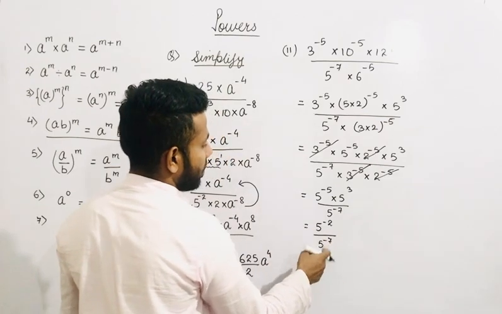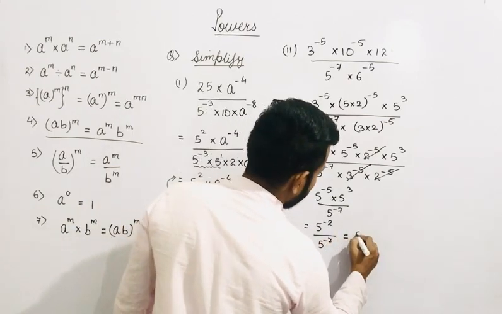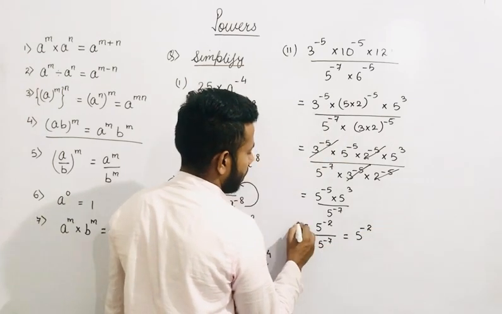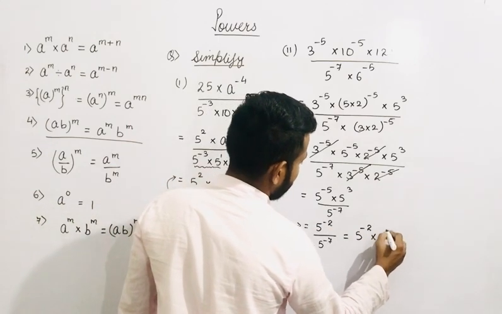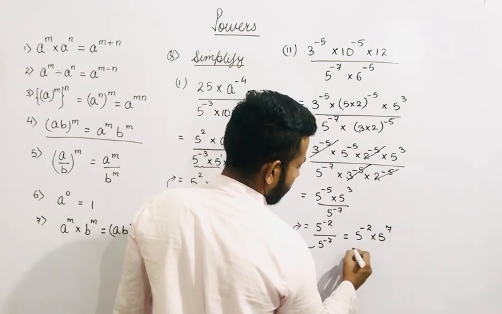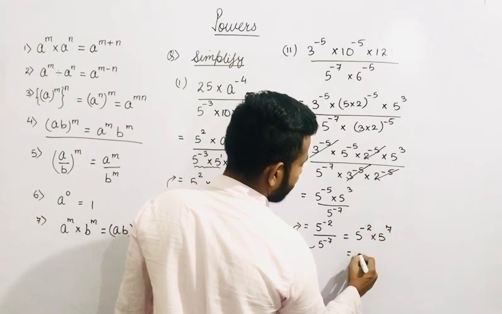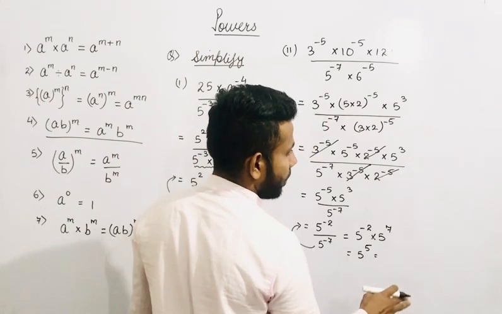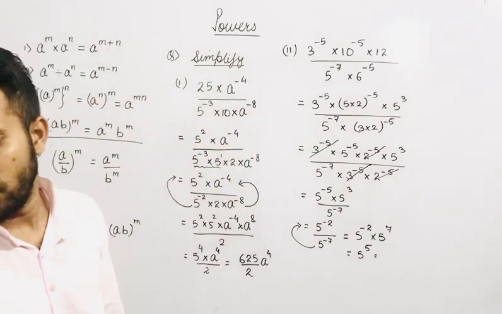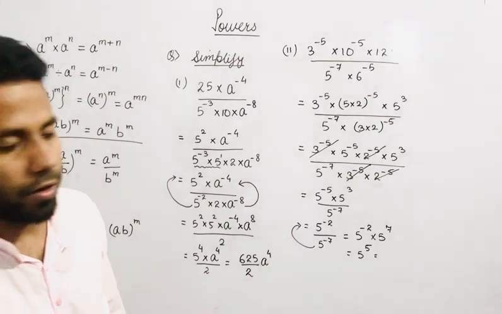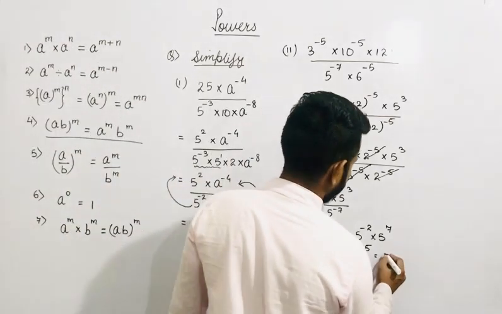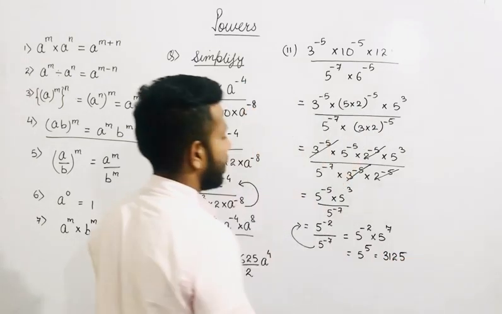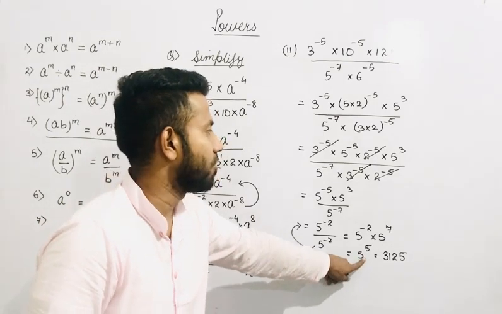Bases are same in between this division. Power gets subtracted. You will write it as 5 to the power minus 2. If you move this negative upward, it becomes 5 to the power 7. So what you can write? Minus 2 plus 7, it is 5 to the power 5. So this is 625 into 5, that I think it is 3125. The answer should be 3125. So this is your answer. You can leave your answer here also, 5 to the power 5.